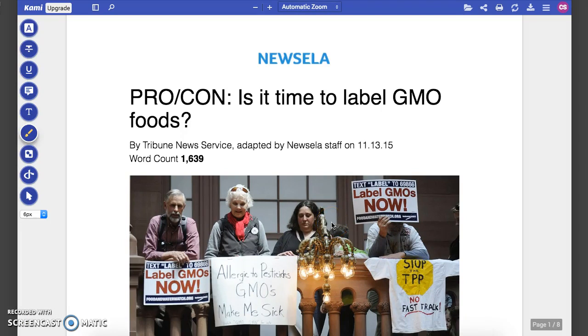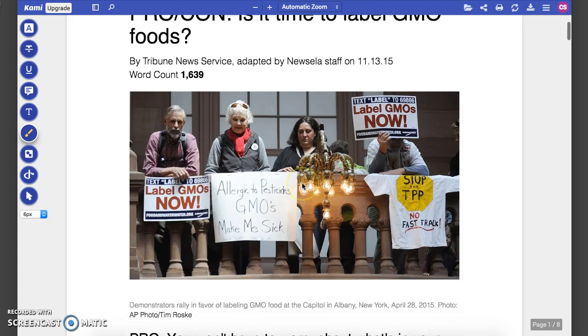We are going to use the N.A.M.E.S annotation strategy to annotate this article. Remember that N.A.M.E.S stands for number the paragraphs, arrange the text, mark for main idea and supporting details, establish a summary, and student thoughts. The first thing that you're going to want to do is